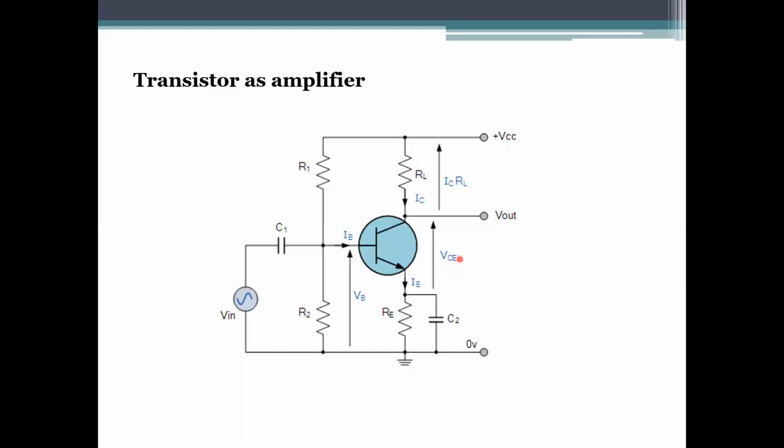So this is about your amplifier that amplifies your current and your voltage. This is an application of your transistor. This is your symbol of the transistor. Your transistor has 3 terminals: base, collector, and emitter, right? Your emitter emits the current, collector collects that current, and the base controls the flow of current. This region controls the flow of current. This is your transistor as an amplifier.